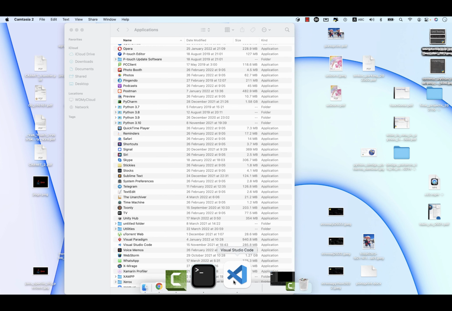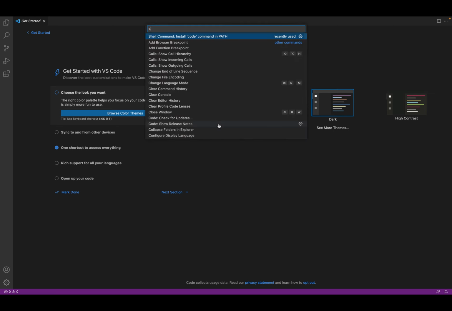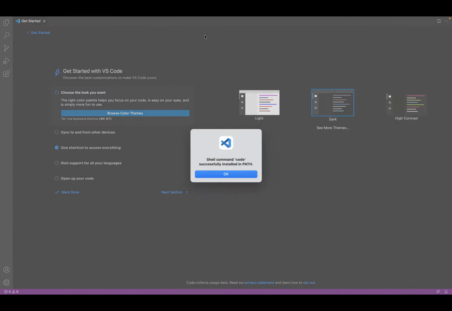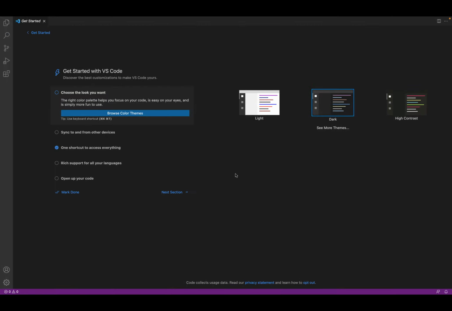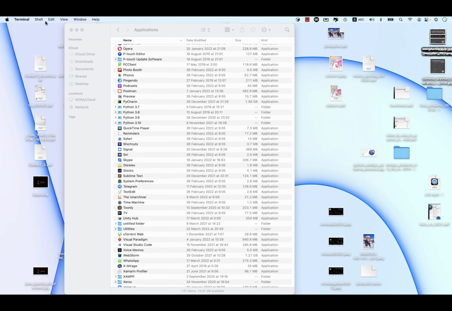In order to allow us to launch the Visual Studio Code from the command line, let's open the command palette, Command Shift P, and then let's type shell command and select the option Install Code command in path. By doing so, it will be possible to use the code command when using the command line. So let's get back to the terminal and let's